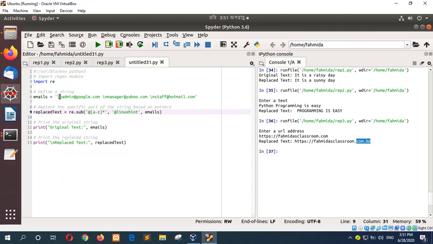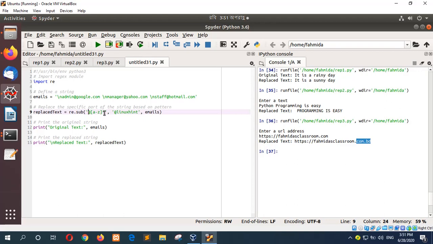Here a string value is given like this: new line, email address, and again new line, email address, new line, email address. And the regular expression pattern shows it will search anywhere in the string, after that any small alphabetic character, and